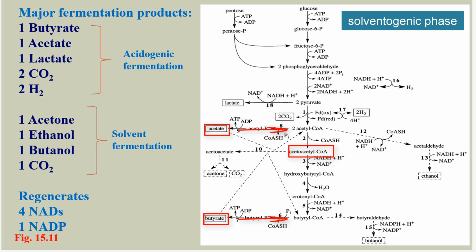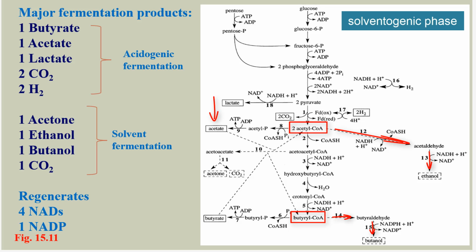And this converts acetyl-CoA to acetoacetate. Now, the acetoacetate that is formed is decarboxylated to acetone and carbon dioxide. The acetyl-CoA produced from acetate is reduced to acetaldehyde and then to ethanol, and the butyryl-CoA produced from butyrate is